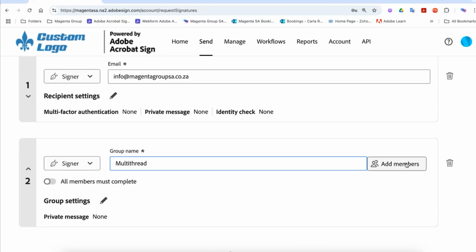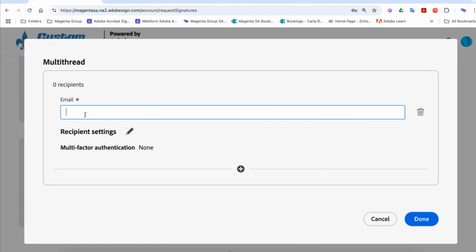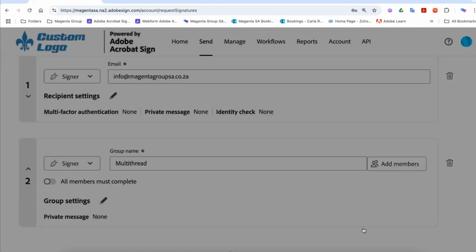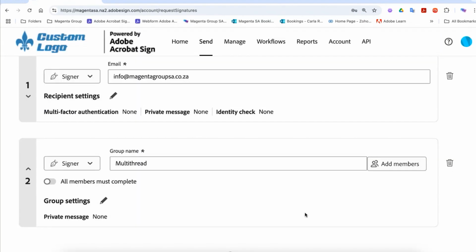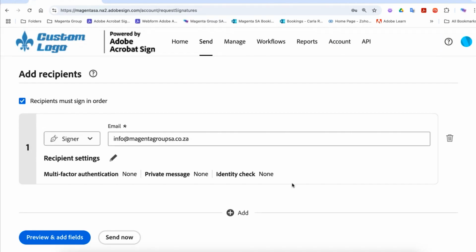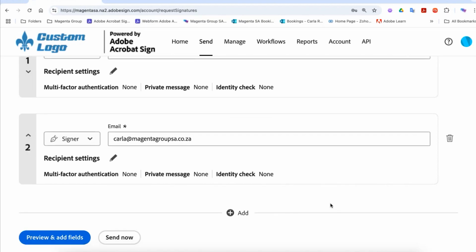And inside there, I could then go and add Nora's email address and all the relevant people. And only one of the people from that particular team needs to be able to sign. So can you see it's got more functionality than what you have available within the Acrobat environment? And let me just add myself here as a person. All right. And now I'm going to send